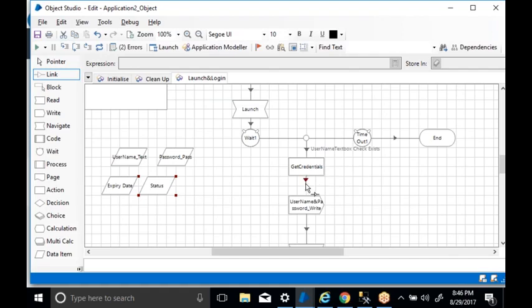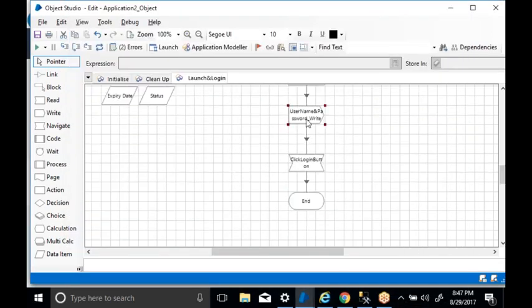the page loaded where it will come to the credential. It will get the credentials of username and password, and that will be stored into the two data items. The two data items I'm using in the write stage to write the username and a password. Now it will go to the login, and you can see the login button and it will launch.